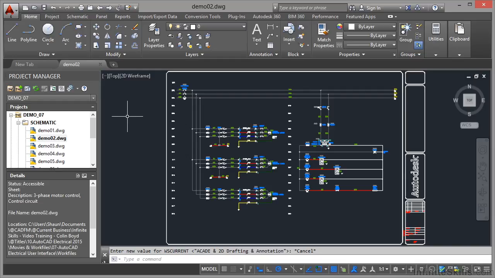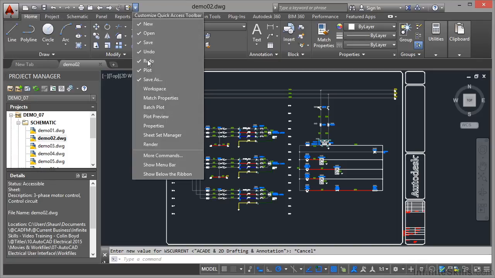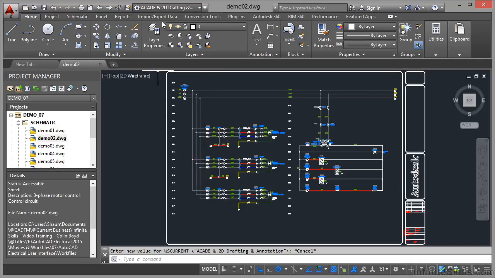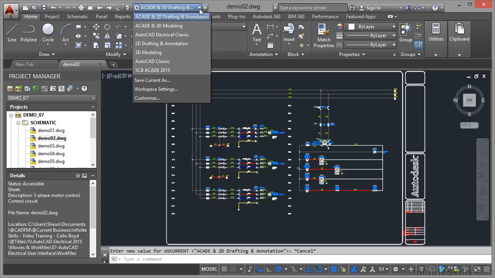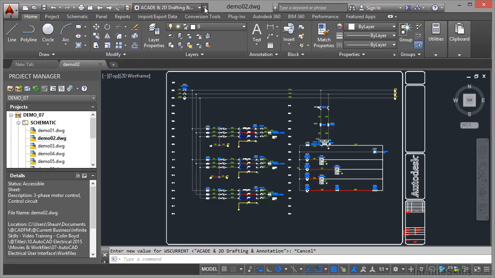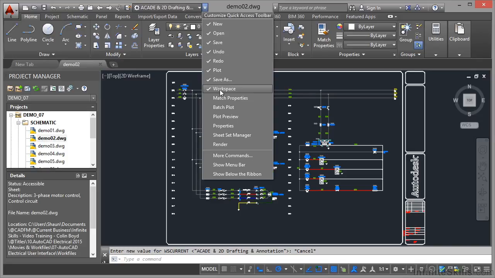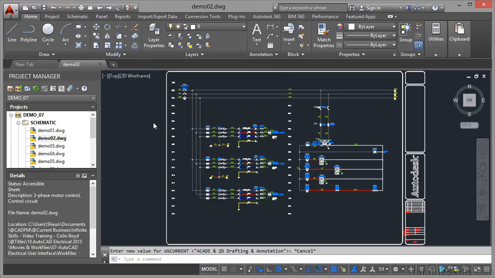There is another way of changing your workspace. It's up here on the Quick Access toolbar. I click on the flyout and you'll notice there's a workspace option. So if I click there, there's my workspaces there as well. So I can select my workspace from that list too if I want to. Now it's up to you. You don't have to have that in your Quick Access toolbar. So what I can do there is just untick it again by clicking on it, and that removes it from